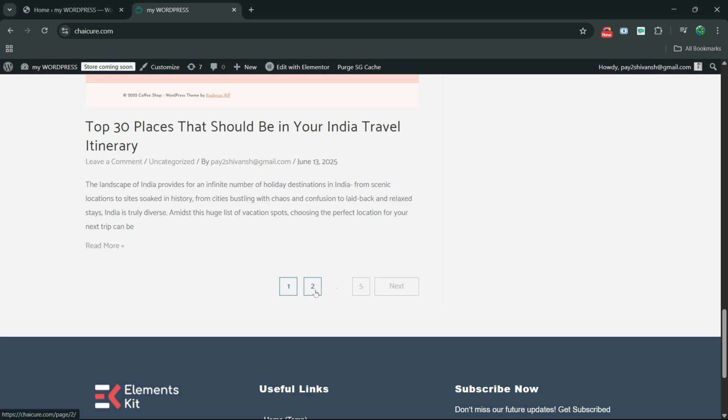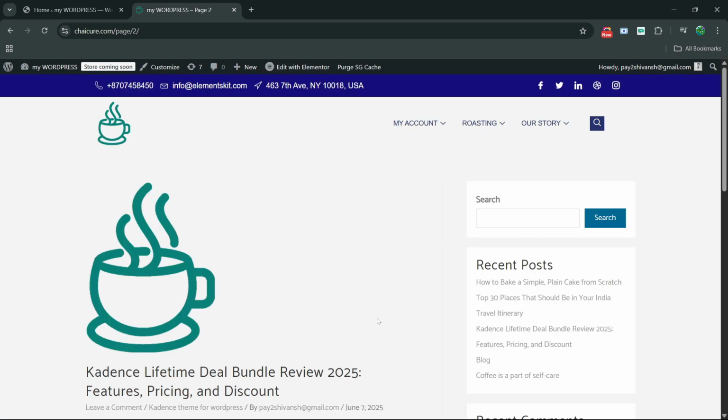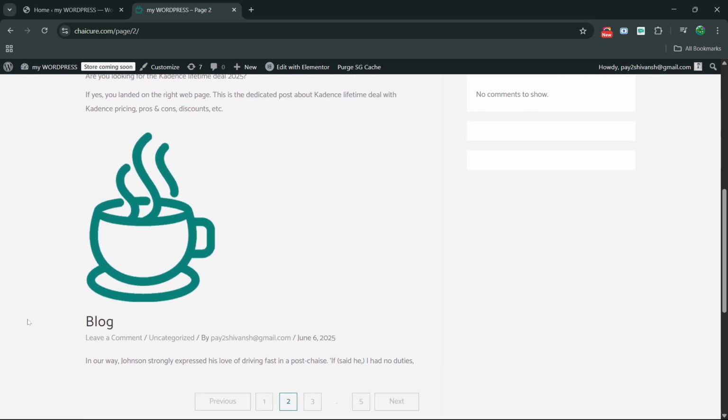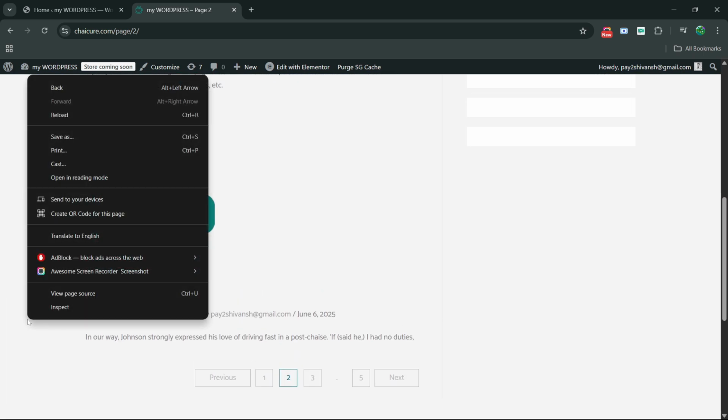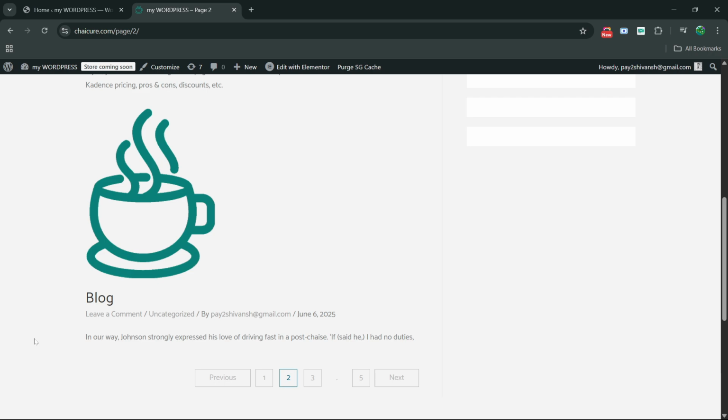So from here, we click on second page. Then the second page loads and comes in front of us. Here we can also see 2 posts in it. And at the bottom, we can clearly see the previous button, some numbers and the next button.